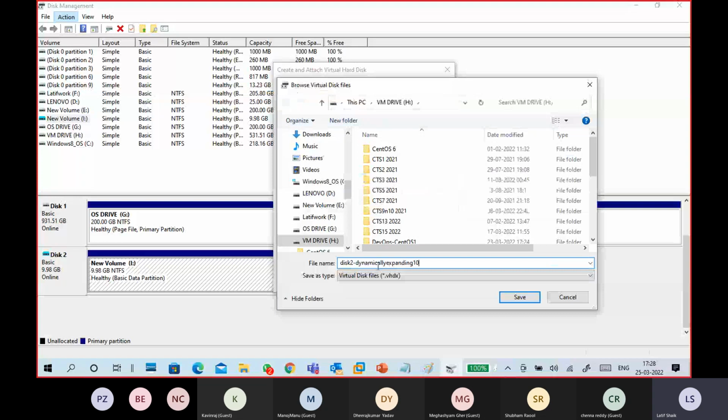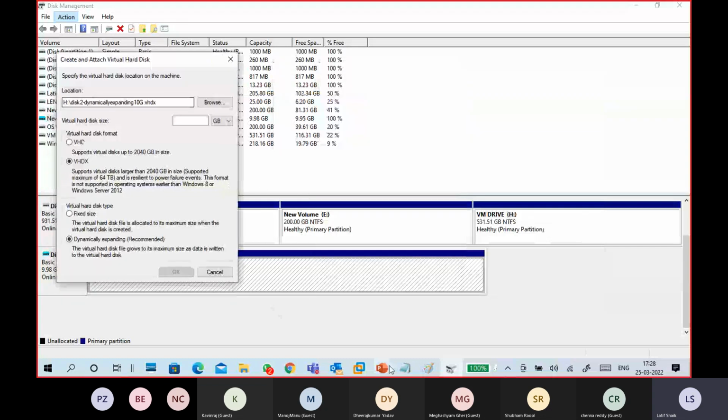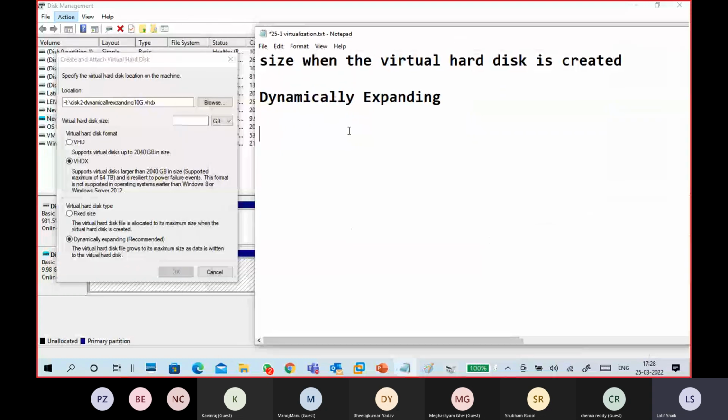It is a 10 GB disk I am creating just for our memory purpose only. Change it to GBs. Make sure dynamically expanding is selected. And very important, don't take it lightly, guys. Why? Because